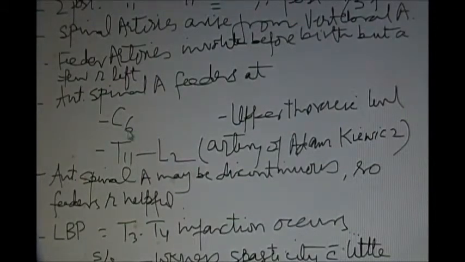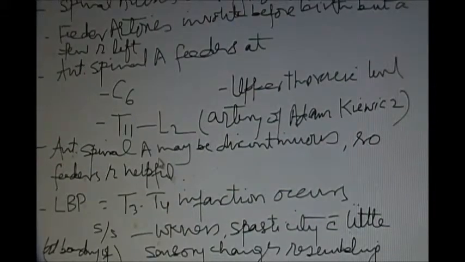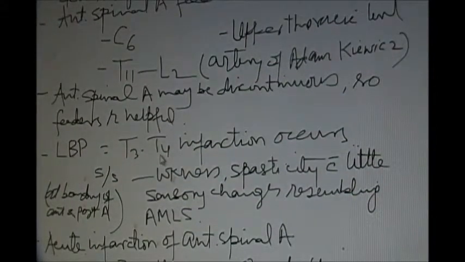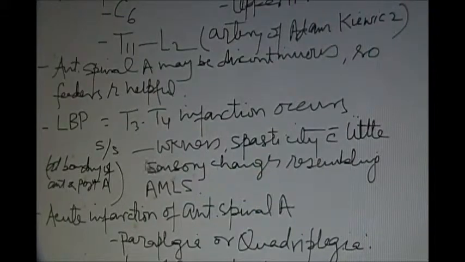At the cervical it's C6 and upper thoracic, and at T11 to L2, that is the artery of Adamkiewicz. These are the two feeders, very important. The anterior spinal artery may be discontinuous, so feeders are helpful in those cases. If the infarction occurs at T3 and T4, then there is low blood pressure, and there are signs and symptoms of weakness, spasticity with little sensory changes resembling ALS, amyotrophic lateral sclerosis, because it spares the sensory changes, because posterior